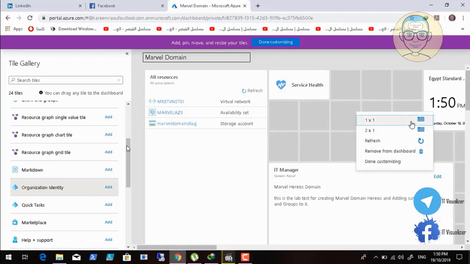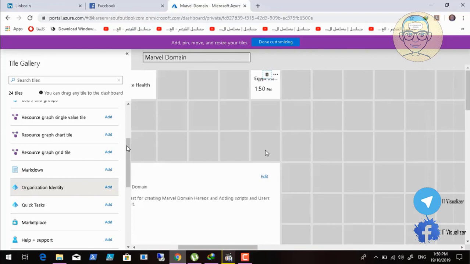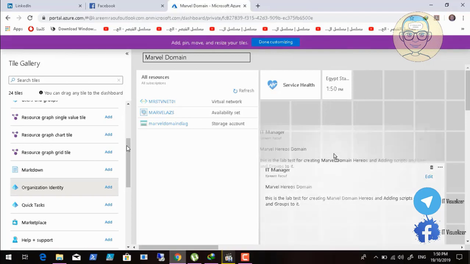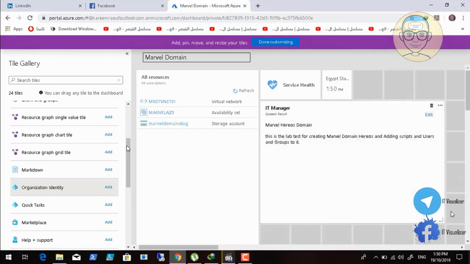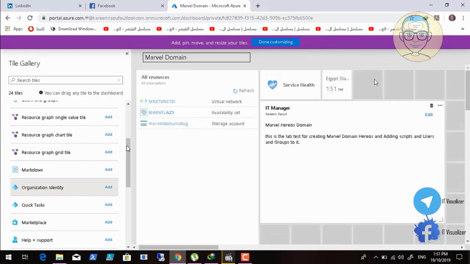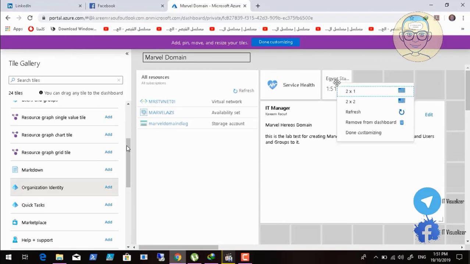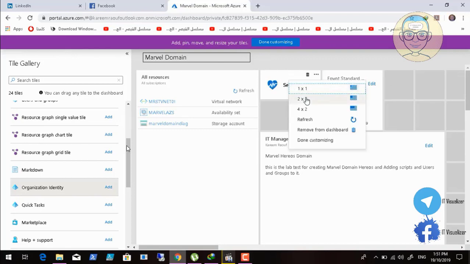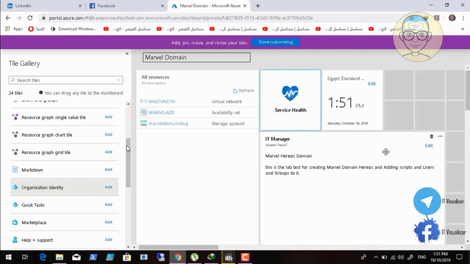Okay, because sometimes the Azure services, as you can see here, I told him to make it one by one box, so this decreased the size of the time zone. It's a little bit smaller now, in a small cube or a small rectangle. So we can name 2 by 2, so it makes it larger, and this will be 2 by 2, make it larger. So now we can see that we have a larger